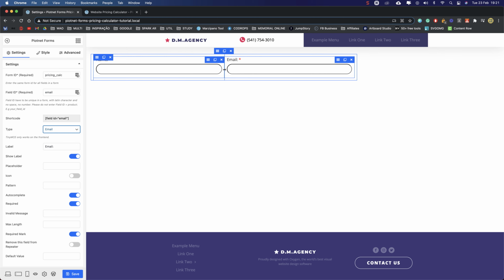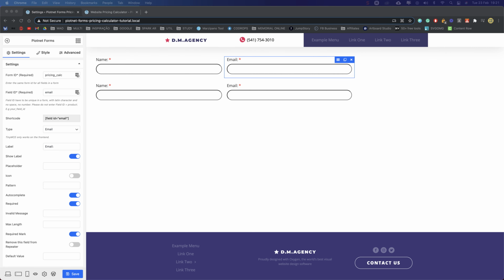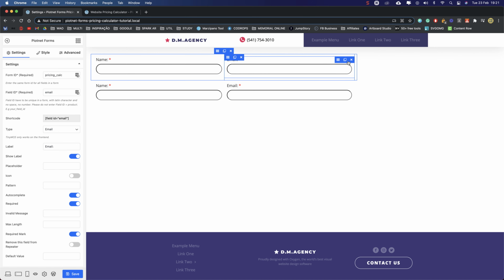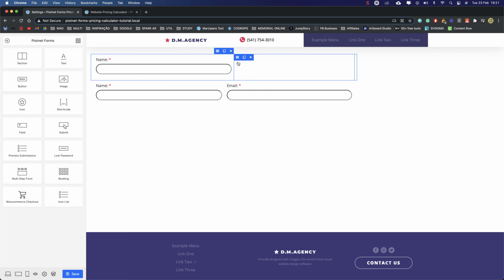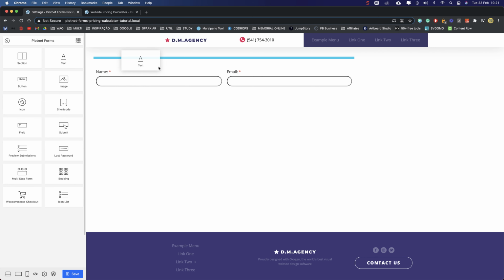Pretty awesome. Now let's duplicate this over here. Over here, let's add, we can delete this column and delete this field as well, and add here some text.